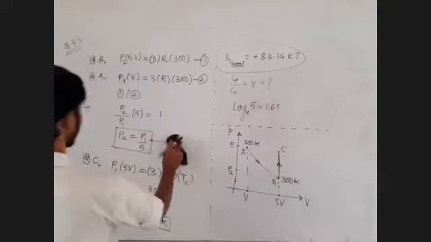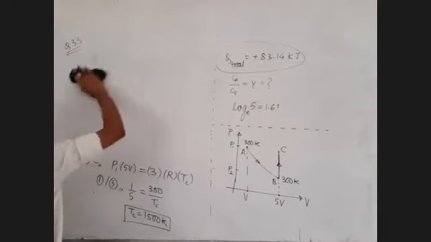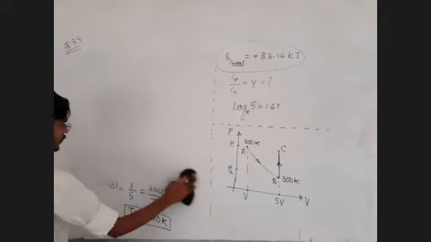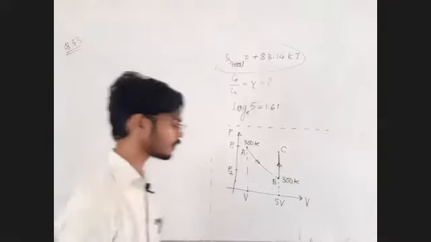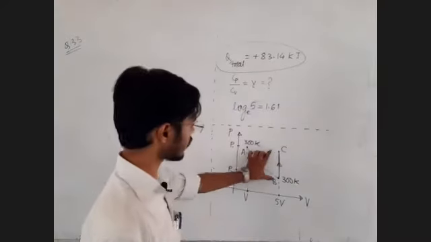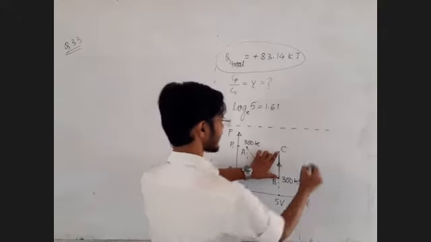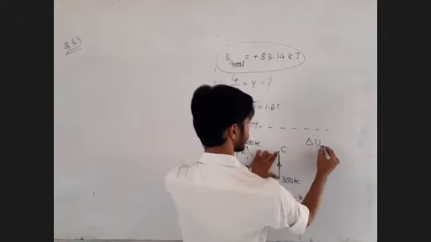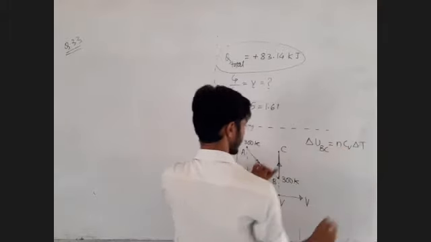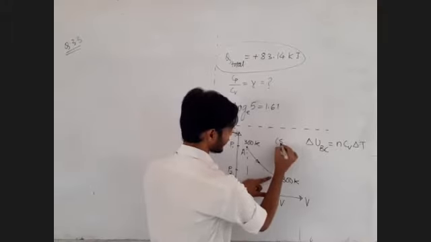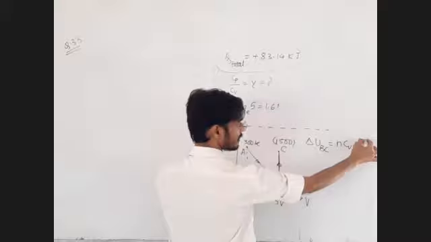Okay. So now I am going to make a chart. Fine. Try to observe this carefully. Somehow my aim is to find out the change in internal energy of this process, because once I get the change in internal energy of the process B to C, I can write it as nCV delta T. Now I already have the temperature at this point, 1500, 1500. So delta T will be known to me.